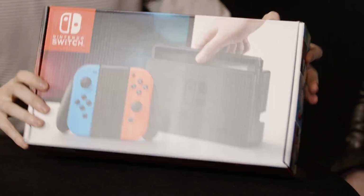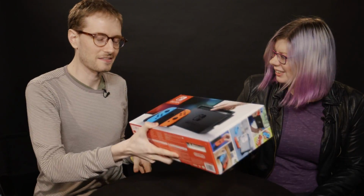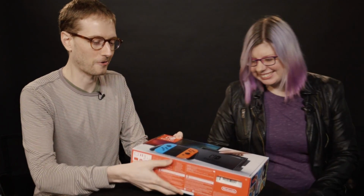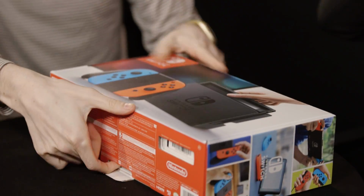Let's get it going. It's kind of a small box, which is, I mean, it's a small console. And not heavy either. Like, this is one hand. I'm not a strong guy, and I can hold this without... You're not a strong guy? No, you can't tell. It's not super heavy. So we're going to crack this open and